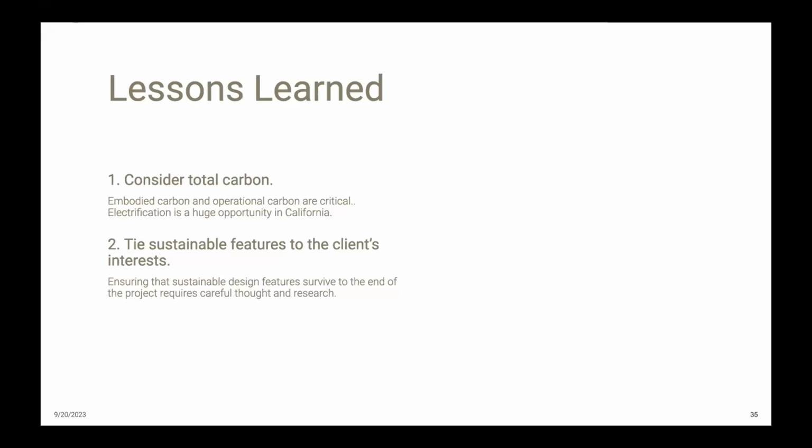We had originally specified 2 blower door tests to help us meet our air sealing targets. But those tests got value engineered from the project because we didn't have the supporting data to articulate how those blower door tests would save the client money. And it turned out that not being able to quantify that value from the client's perspective really hurt our energy performance. Next slide.